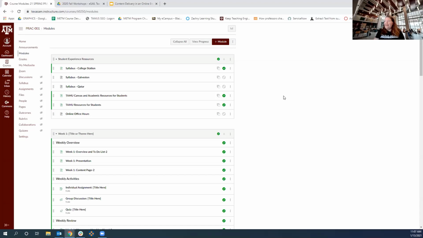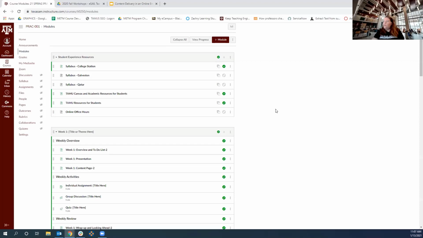And one thing you'll notice again is this little symbol here that has kind of the stacked pages. That shows you that's part of the blueprint that Academic Innovation has given you. And the check mark means that it's published. So as soon as you allow students into the course, if you have this module published, so you can publish or unpublish the whole module, and if you unpublish it, that hides everything in that module from the students. But if you publish it, those things that are also published within the module will be shown to the student.